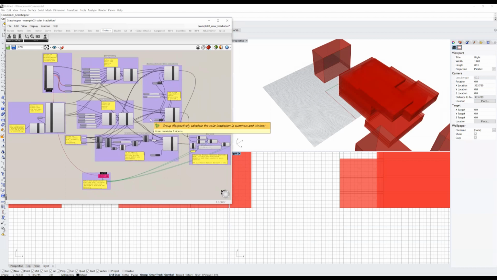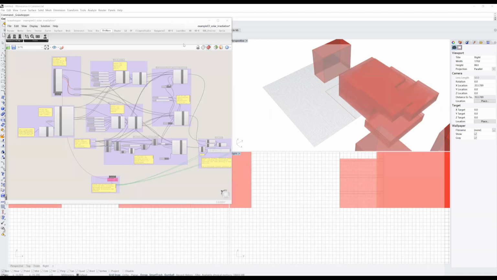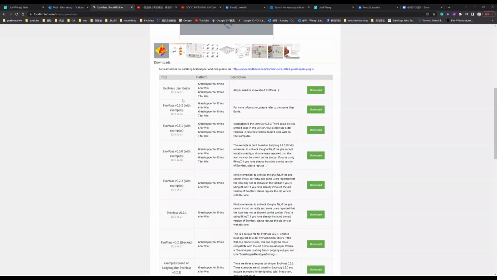And in this video, I will talk about some updates on the 0.3.2 version of EvoMass. First of all, in this update, I'm providing a user guide here, so you can download this user guide to take a look at the major functions of EvoMass, including the previous functions and the new functions in this update. I hope this can be helpful for you to further exploit the potential of EvoMass